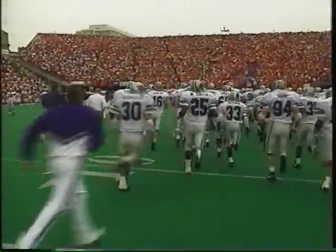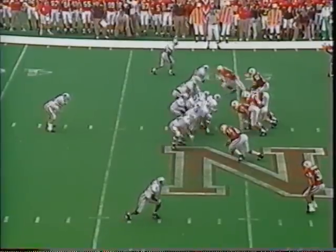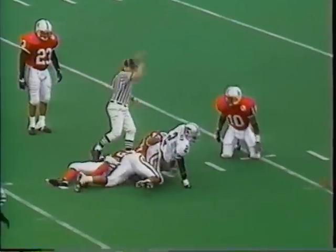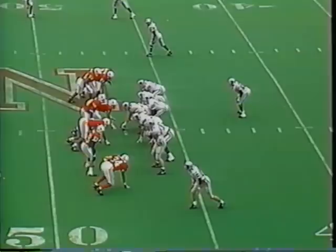The 17-point final margin doesn't begin to tell the whole story as Kansas State put a monumental scare into the Huskers of Nebraska for the second time in 3 years at sold-out Memorial Stadium. The Wildcats amassed more total offense and more first downs, but couldn't overcome 3 turnovers and a pair of missed scoring opportunities inside the Husker 5, as Nebraska held on to a 45-28 win to keep its national title hopes